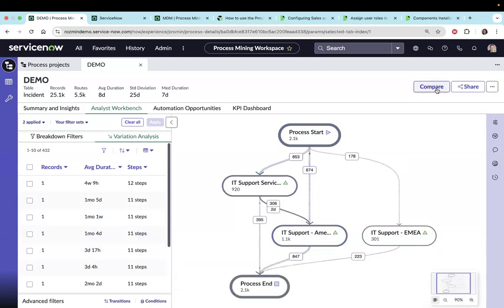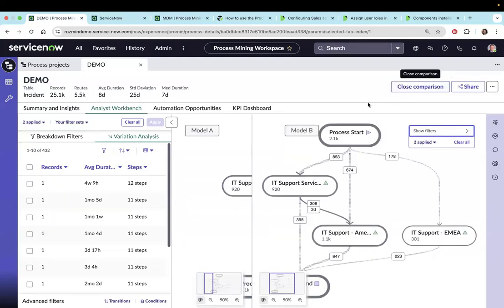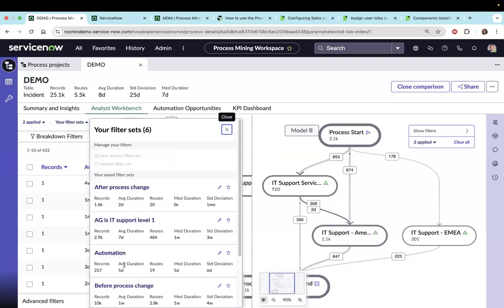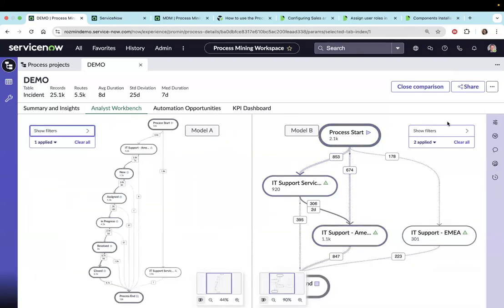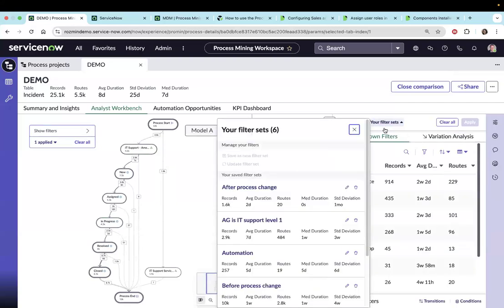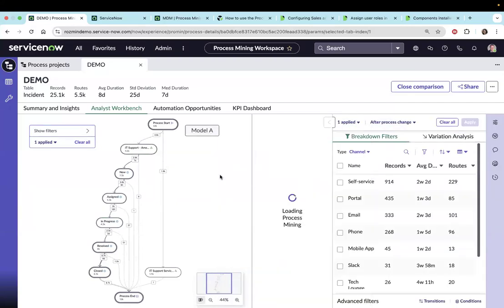Then on the top here, the very popular feature we have here is the compare feature, where you're able to compare any two process maps alongside each other. In this example, I'd like to show you before you improve your processes on the left side and after you improve your processes on the right side, before and after analysis.